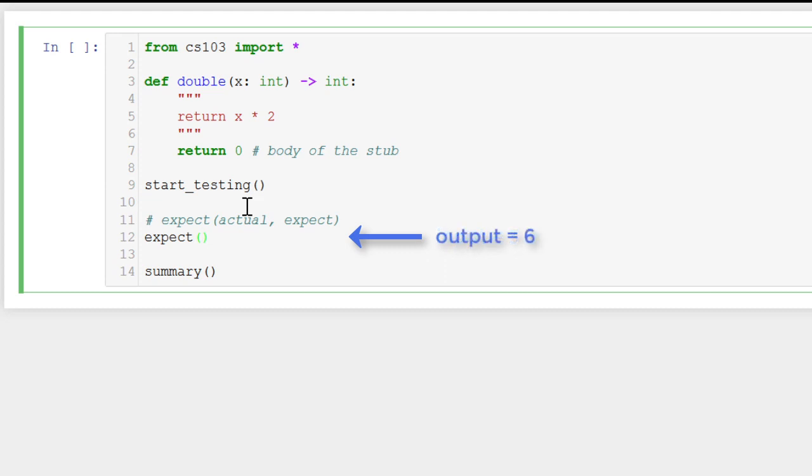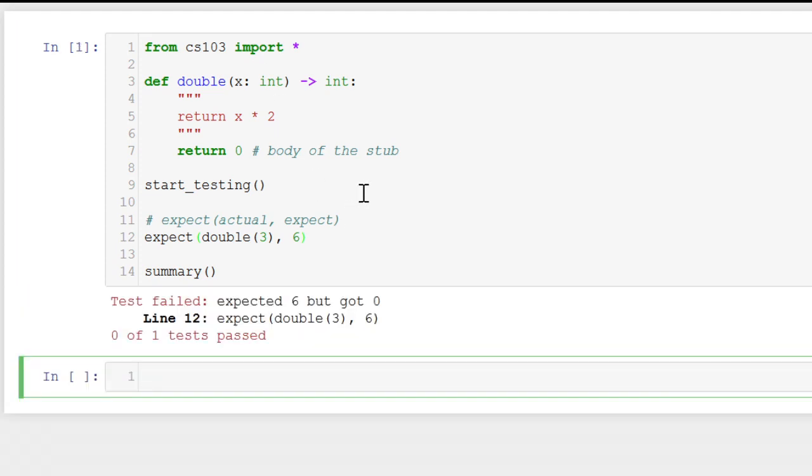Remember, to write this in a call to the expect function, I first need to pass the actual value, or the value that is returned by my function. I get the actual value by calling the function that I am designing. For the second argument, I need to pass the expected value. It's a good idea to run the code at this point to see if we are getting any errors. If we've made any typos, we want to fix them right now while this example is fresh in our mind.